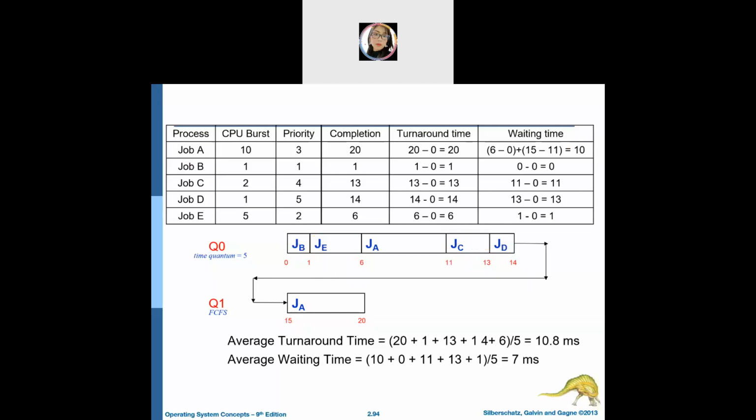Now that one is waiting time. Once you get the waiting time, you can add all together. You average with 5, and you're going to have the average waiting time. For average turnaround, so turnaround